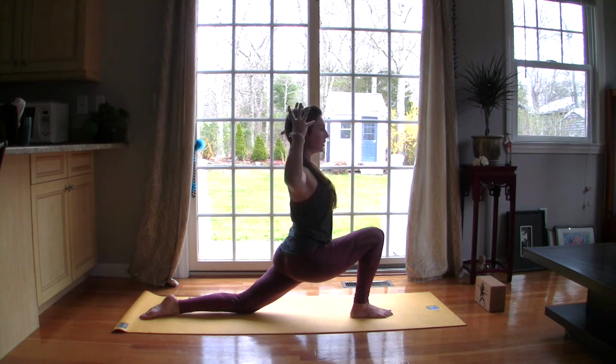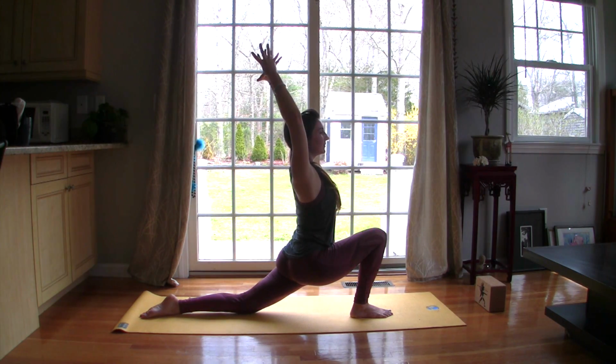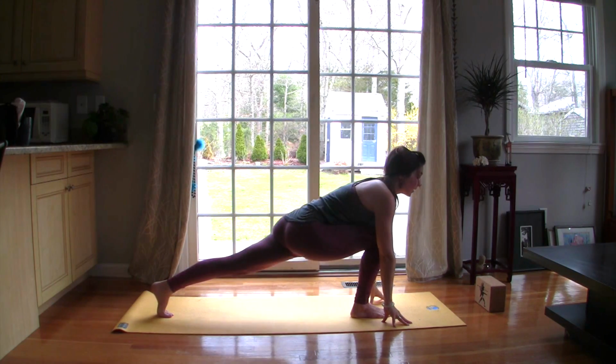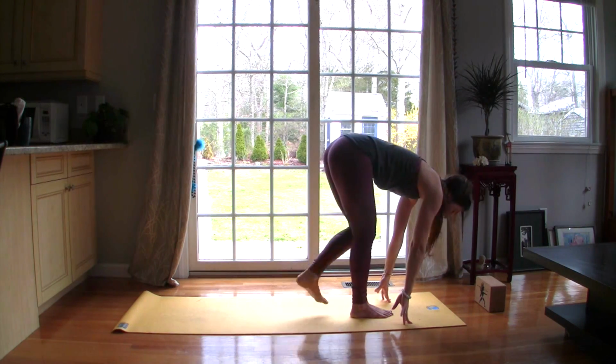For more of a challenge, you can lift the arms up. Again, we allow ourselves to pause. If we have delicate knees, you can double up the mat, maybe use a blanket underneath that left knee. One more breath here. Gently release hands down to frame that right foot. We'll tuck the back toe back through raised runner. And then we're going to step left foot forward to meet the right, coming back into our Uttanasana, standing forward